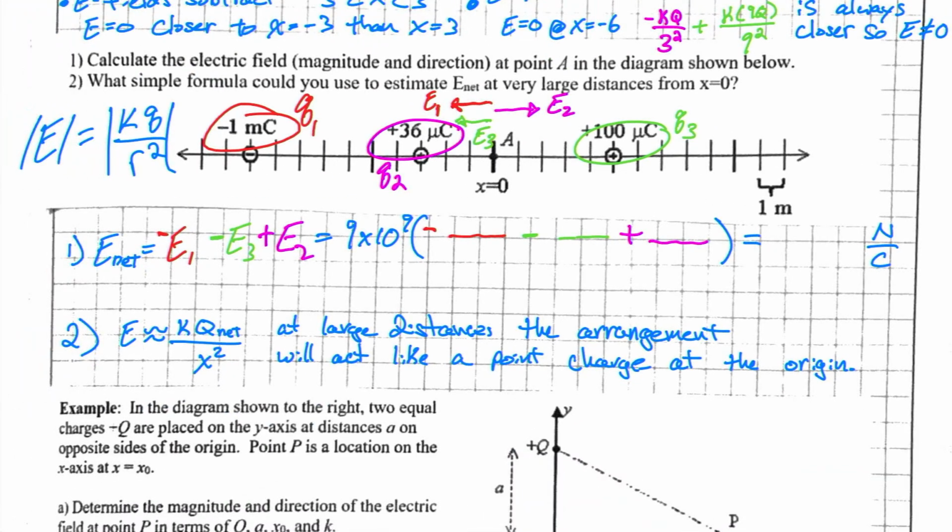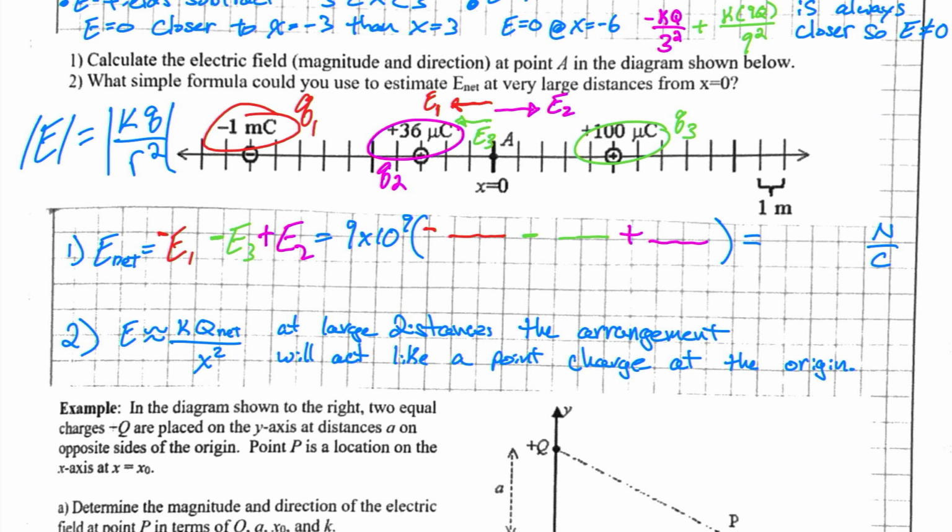Then in part 2, what's a simple formula we could use to estimate the net electric field at a very large distance? Well, we would just basically use kq over r squared, but q is going to become the net charge. So you'd add up the three charges. You'd find the net charge, and then x is just the distance we are, and we could approximate these charges